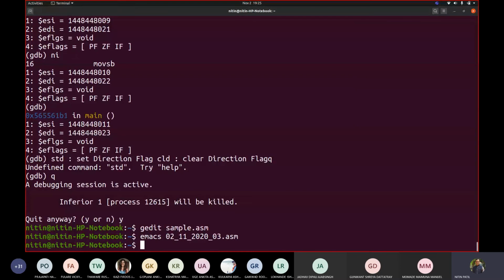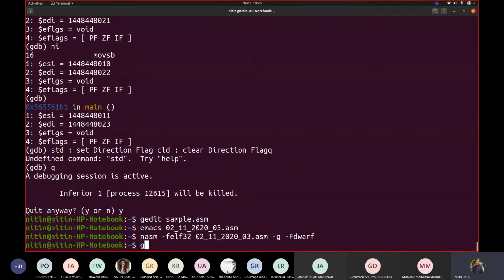Let us go back and now you say nasm -f elf32 0211_03.asm -g -F dwarf, then gcc 0203.o -m32 -g -F dwarf.